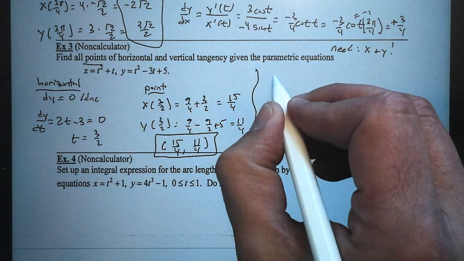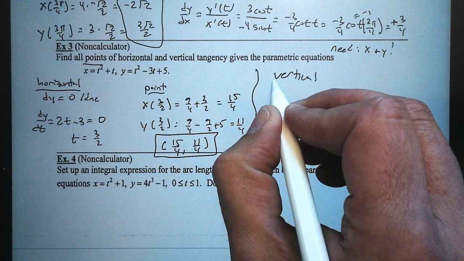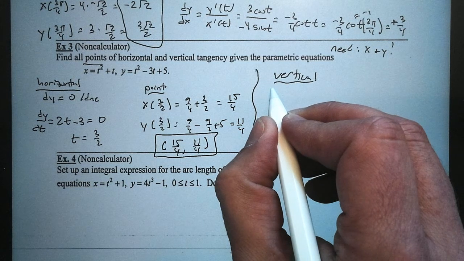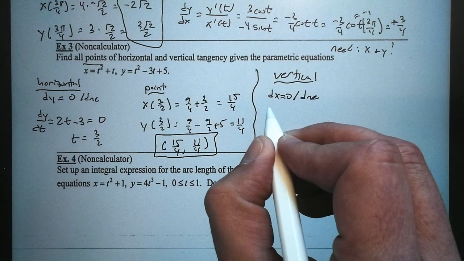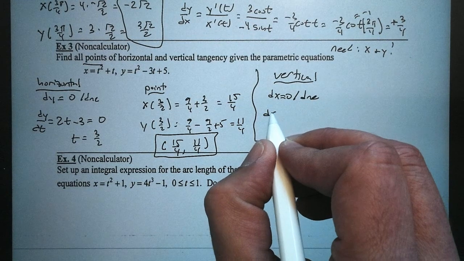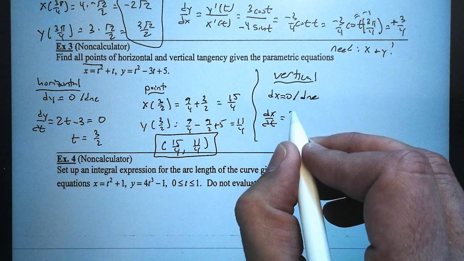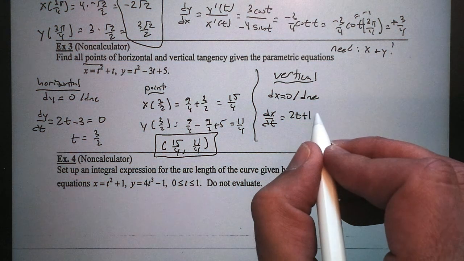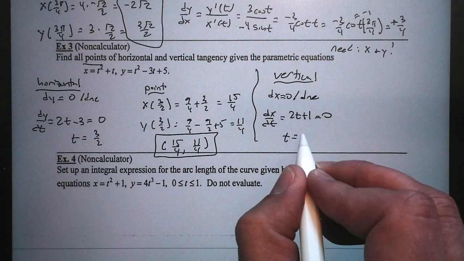To get the vertical, we know this earlier from this year, we want the change in x to be 0, dx to be 0, or dne. So we want to find x prime of t, so we want to find dx/dt, because again, we're in terms of t this time, and that becomes 2t plus 1. There's nowhere where that will be dne, so we just set that equal to 0, and of course